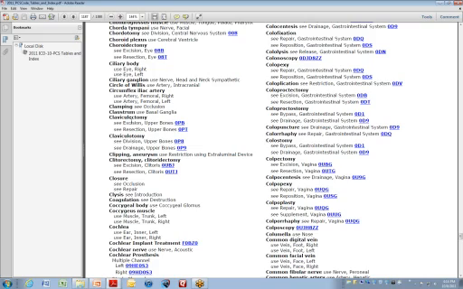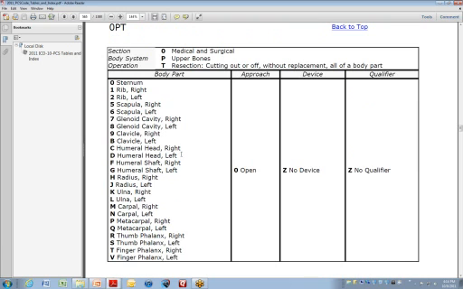But now you notice that there's two types, either an excision, which would be partial, or a resection, which would be total. Depending on which one it would be, you would click on it, and it would bring you to that part of your code book where now you have to identify where. Where is it? What part of the body? What is the approach? Open? What device is being used? What qualifiers are being used? So it's a little bit of a change from what we've been used to, but the kind of change that we as coding professionals will